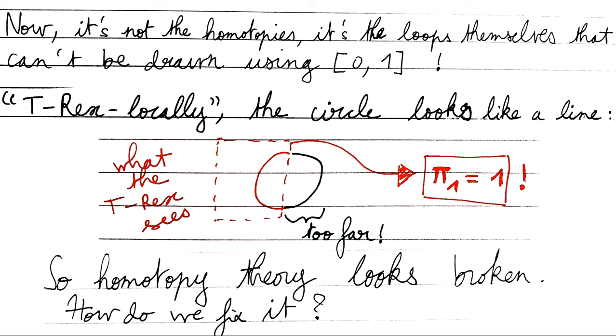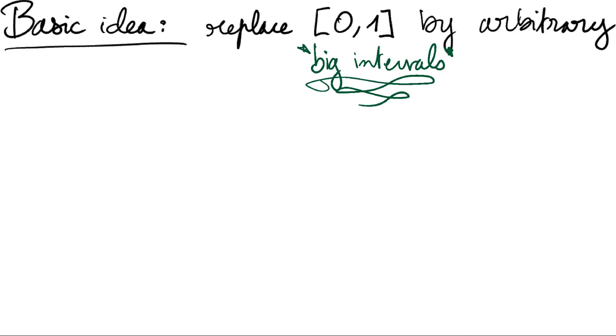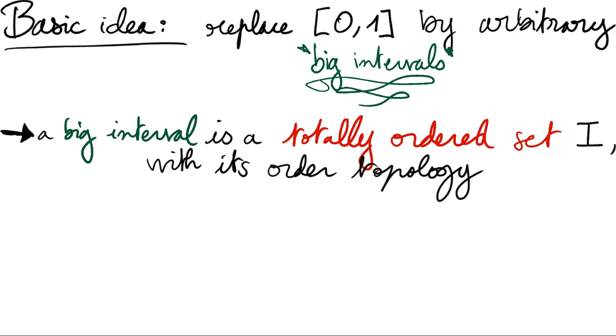How can we fix it? The answer lies in a variant of homotopy theory called big homotopy theory. The basic idea, starting with regular homotopy theory, is to systematically replace the standard interval, whenever it appears, by arbitrary big intervals. What we call a big interval here is a topological space obtained by equipping a totally ordered set